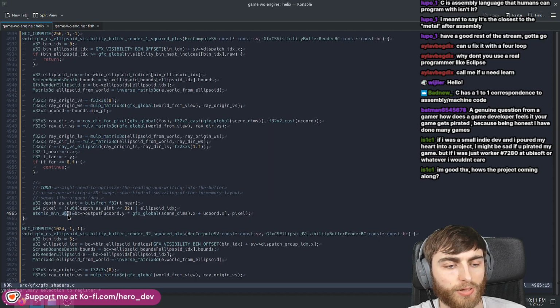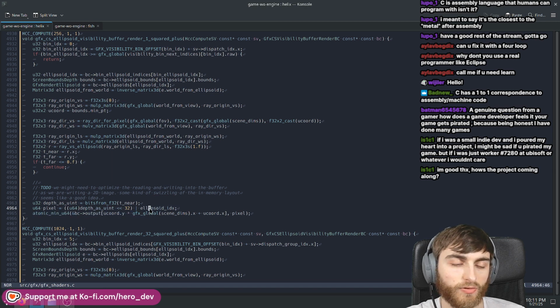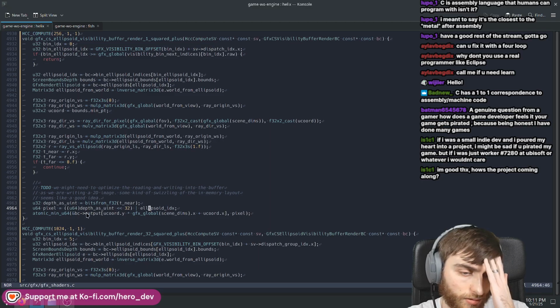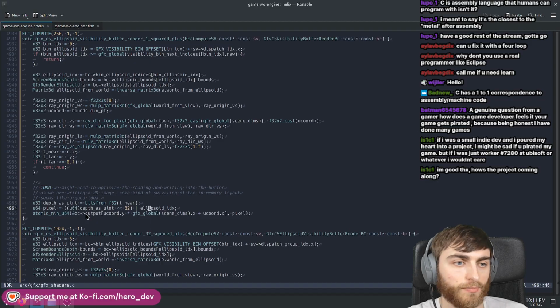But we can do this atomic min with our depth in the higher bits and the ellipsoid index in the low bits, and construct an image, or a texture, inside of a buffer that we can then fish out later and do the material shading. So